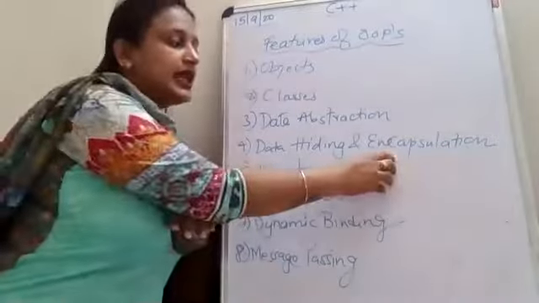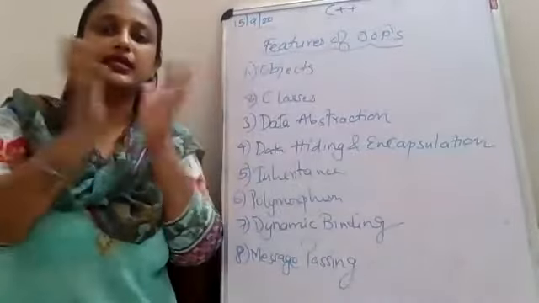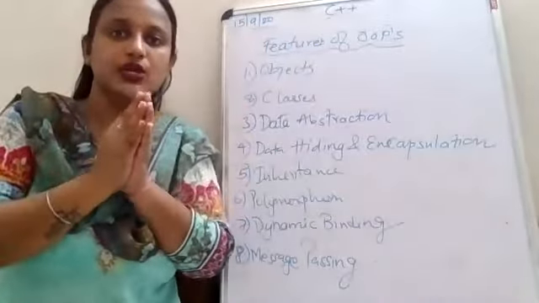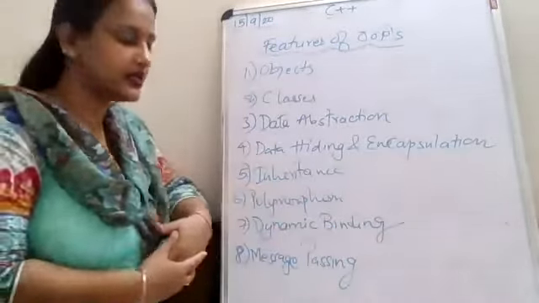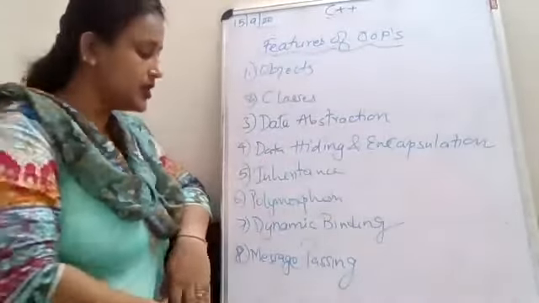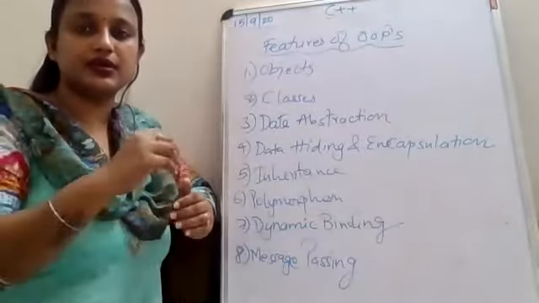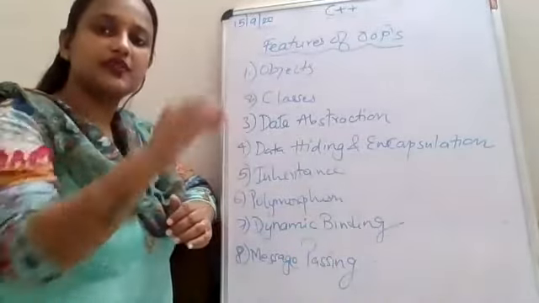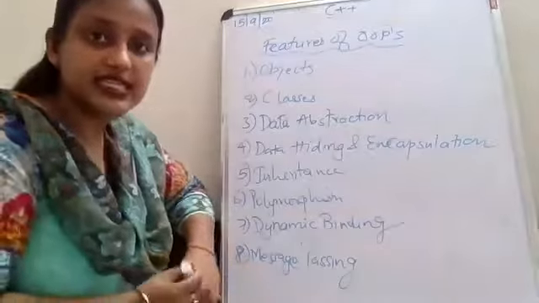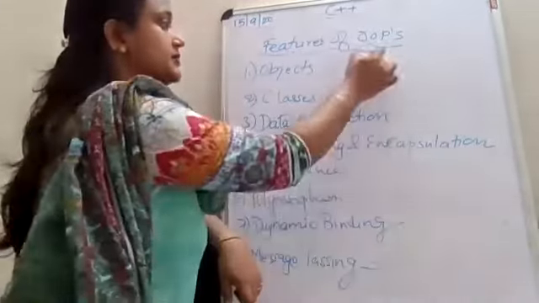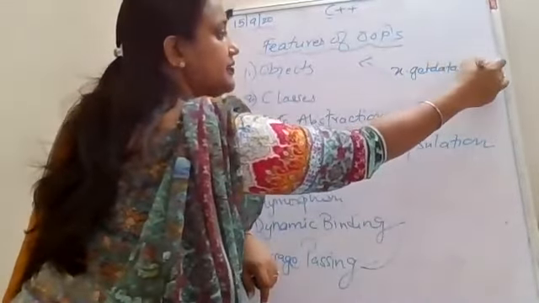Okay, then encapsulation, data members and member functions work together. Okay, they are inside a class, so encapsulation is basically togetherness. Okay, inheritance we have studied, you know what is inheritance. Polymorphism we have studied, you know. Dynamic binding is related to virtual function. If you remember, I have told you that one pointer will point to two different objects. That example we will do in the next class. Now what is this message passing? Message passing means I made x dot get data, and wrote 5 and 6 here.